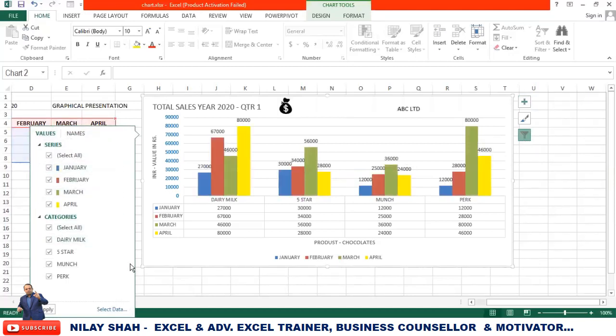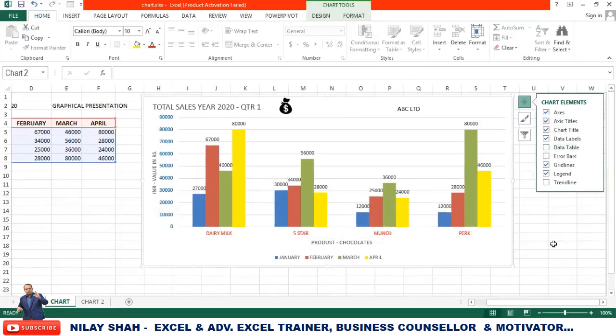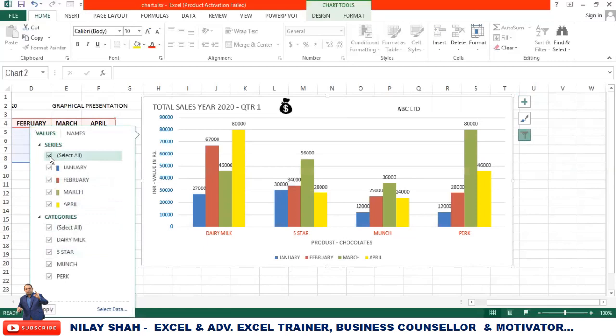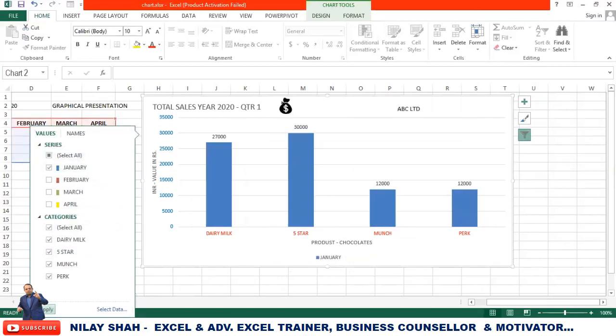For example, right now, you would like to have your outcome. We'll remove this. I don't require the data table right now. So now if you want to check your outcome for the month of January only, so what to do? Don't delete anything. Just click here, select your month, for example, January, and click on apply. And now you can see this is the outcome for all the products for only and only month, that is January.